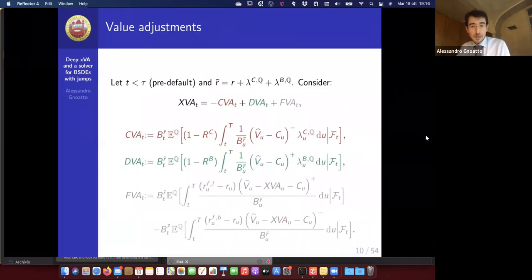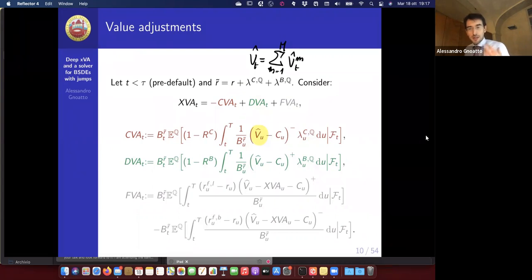So how does xVA look like? Well, it's quite non-trivial to compute, because you see that the CVA is essentially a hybrid product which requires you to know the future evolution of your V hat. Let me remind you that V hat is the whole portfolio, with small m going from 1 up to capital M of the single trades. And of course it is inside the positive and the negative part, so it is, if you want, an extremely high-dimensional basket product.